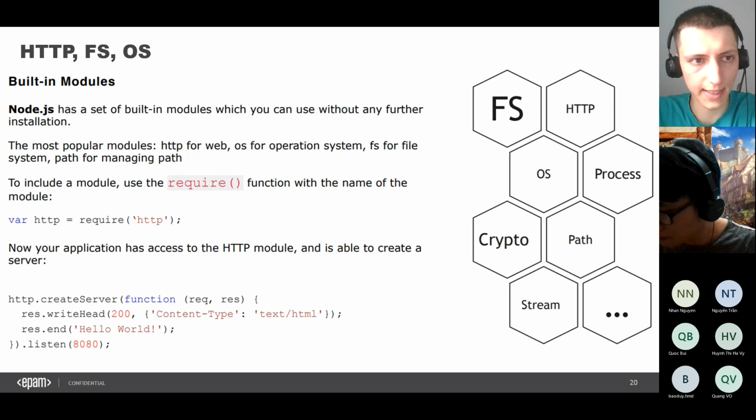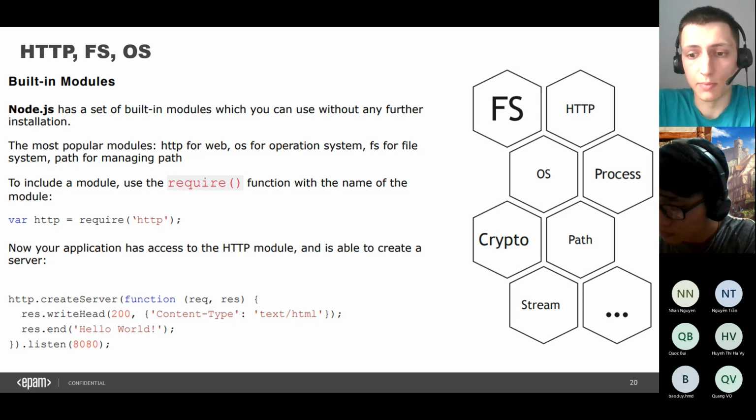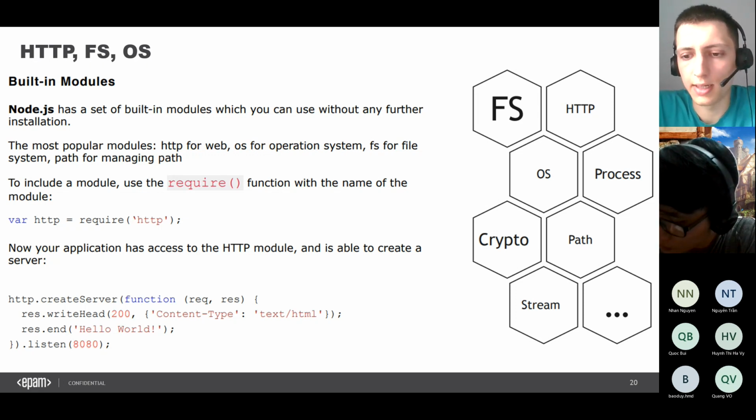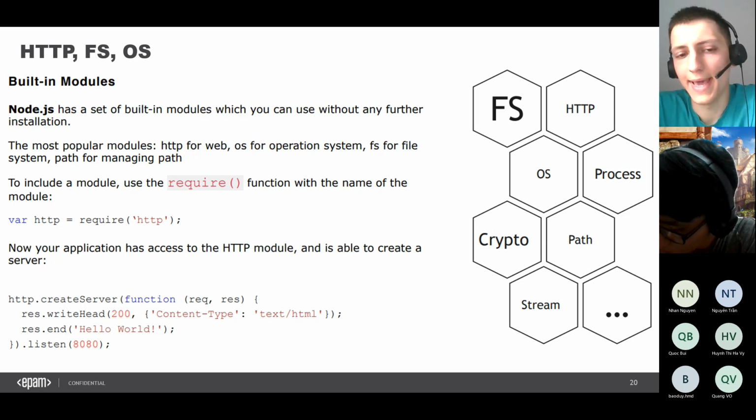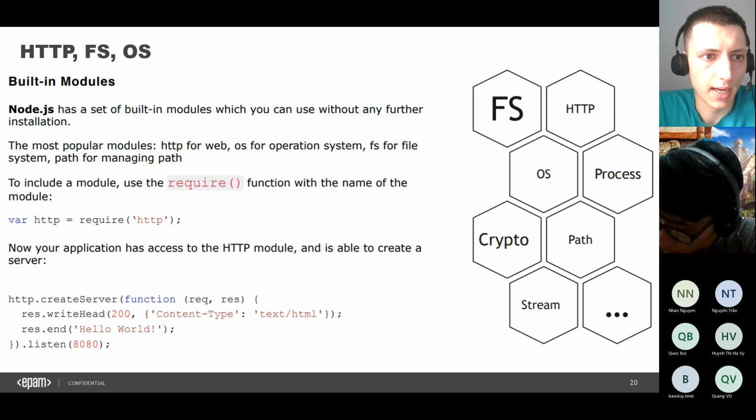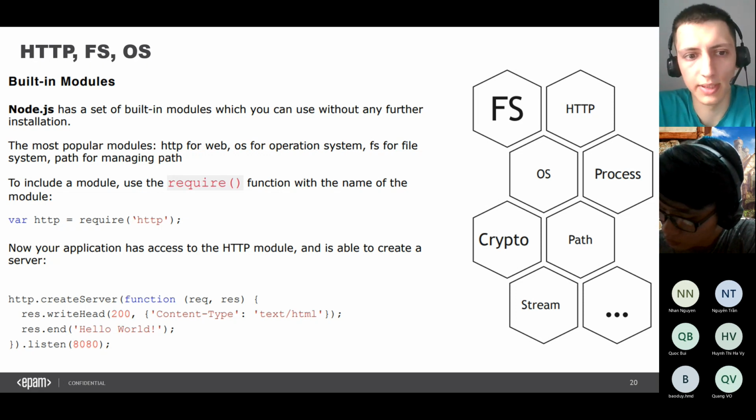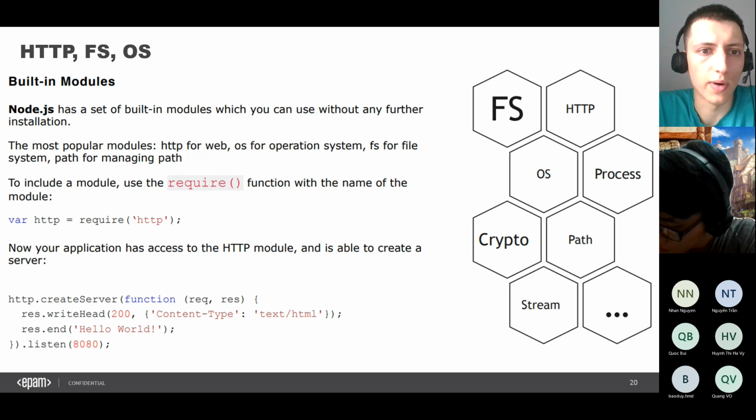So the next one is built-in modules. These modules are implemented by the Node.js team, and they are automatically downloaded when you download Node.js. So you don't need to use npm to use these modules. The most popular one is HTTP, the module used for web servers. Also OS for operating system stuff.